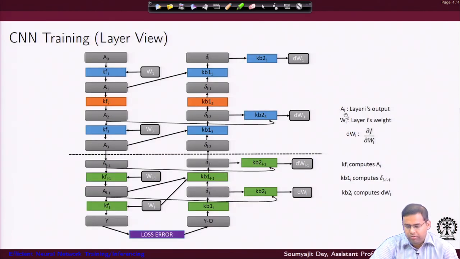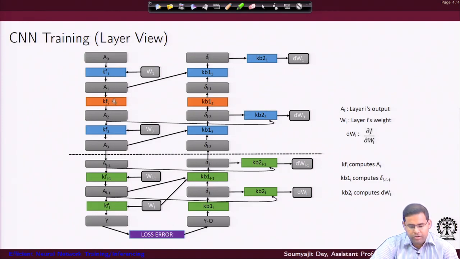So, if we are now trying to look into how the CNN computation goes on, this would be more like a task graph representation for that. Okay. So, let us see how things are going on here. Let us say this is my starting layer A0. That goes as an input to the first kernel, let us call it KF1. Here the blue ones are essentially convolution layers, and you can think that I have a convolution with activation and I am getting the input for the next layer, right. So, from A0 I get it transformed to A1, from A1 I am again